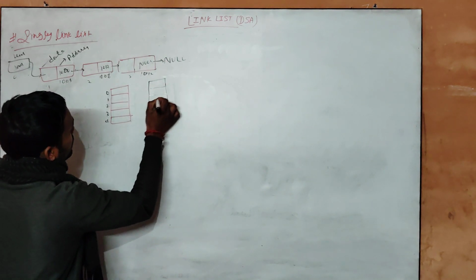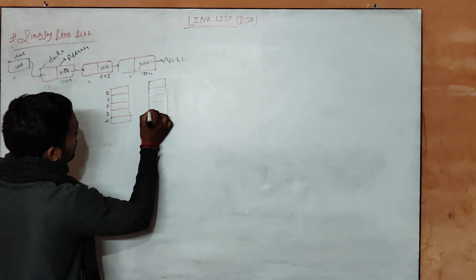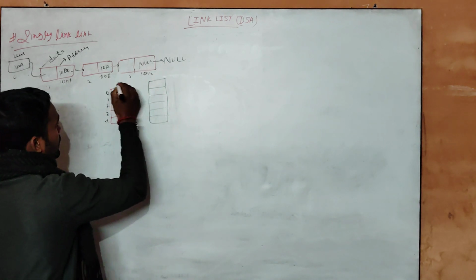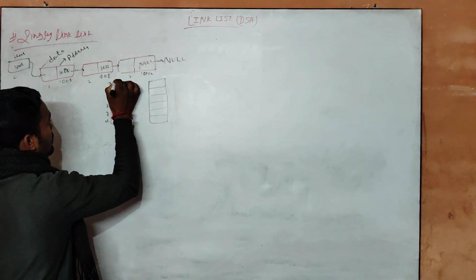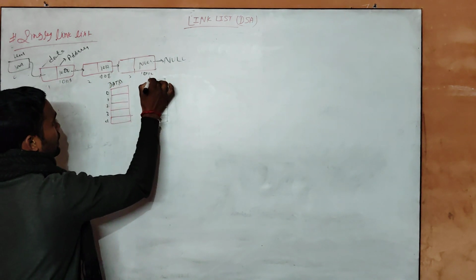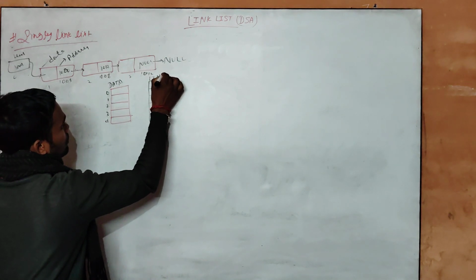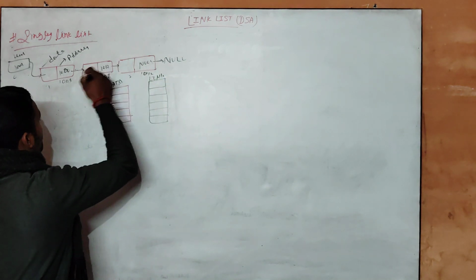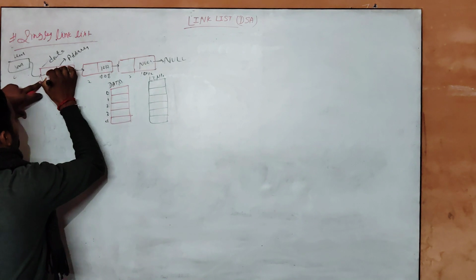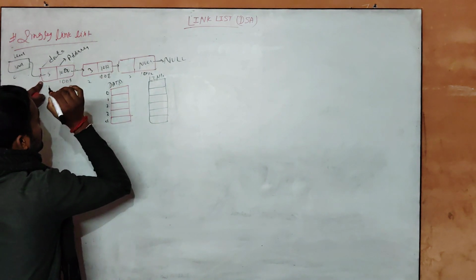Link part, address. Here data, here link, here is the value. Suppose the value is 5, 3,